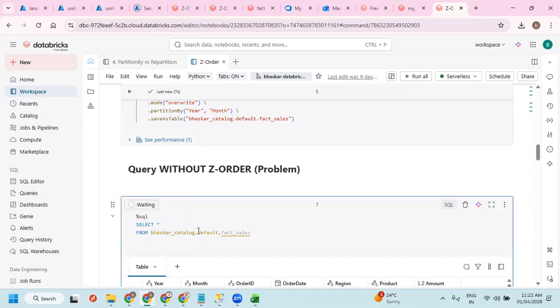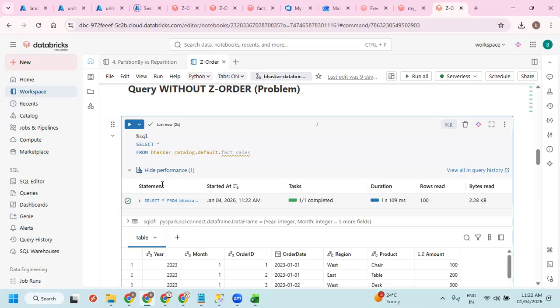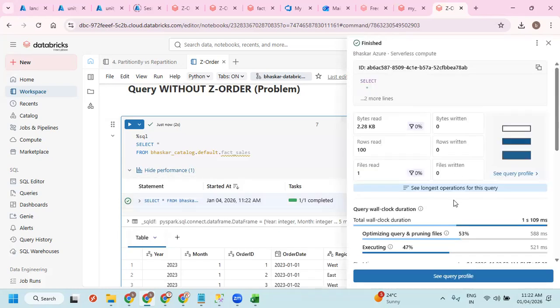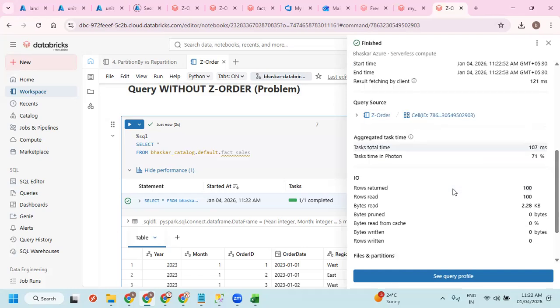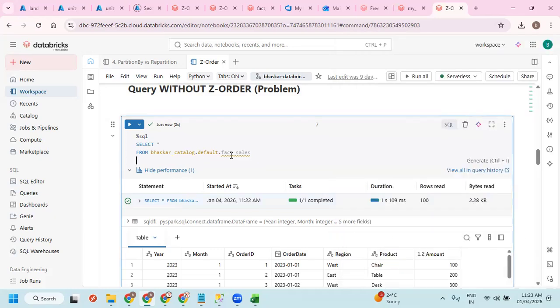Now this is without Z ordering. I'm just going to read it. A hundred rows read and 100 rows returned. I don't have a partition if I'm correct here.